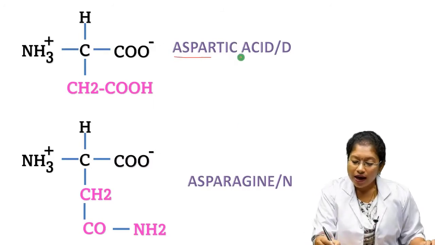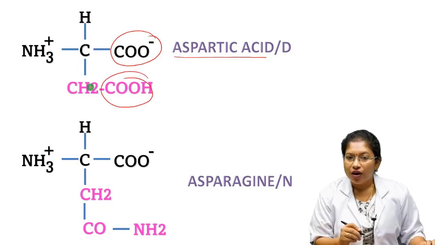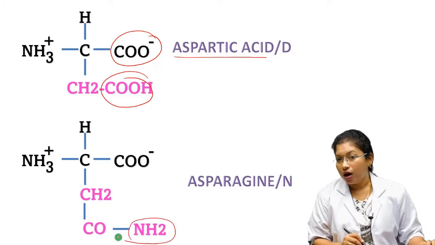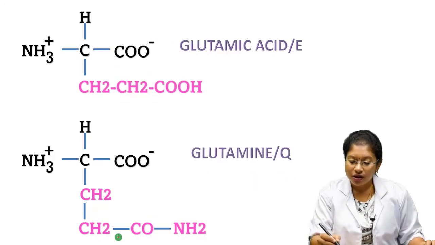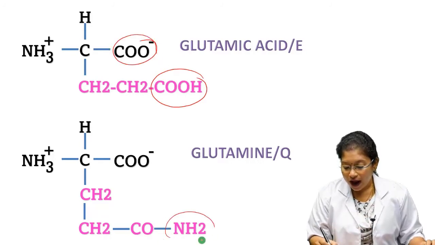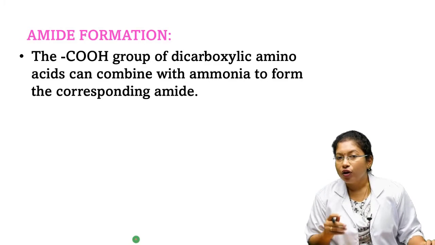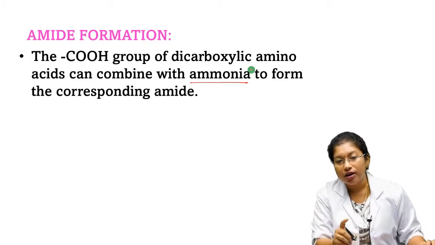So here, aspartic acid contains two carboxyl groups, whereas to one of the carboxyl groups, if you add ammonia, it is called asparagine. Likewise, glutamic acid contains a dicarboxylic acid. To one of the carboxyl groups, if you add ammonia, we call that glutamine. So how are we going to get the amide? By adding ammonia. So the carboxyl group of a dicarboxylic amino acid can combine with ammonia to form the corresponding